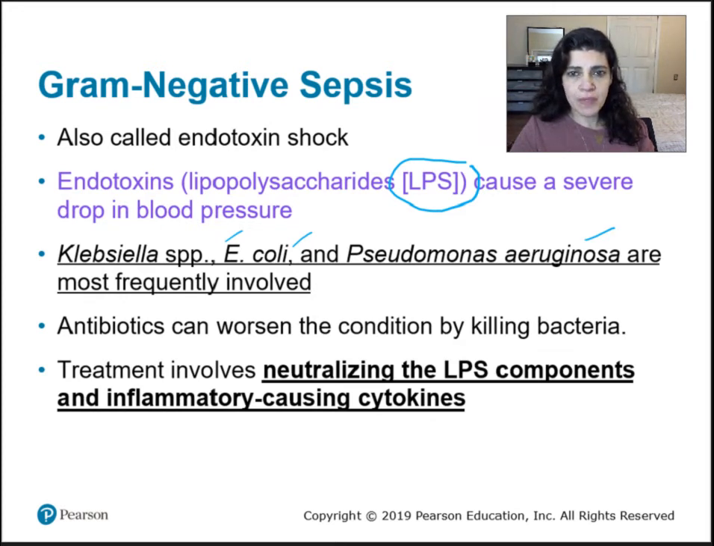One way that LPS works to cause sepsis is that it can change its structure, be transformed by the bacteria. Small modifications in LPS make the bacteria evade the immune system recognition, and then the bacteria can grow more, okay? So how do you treat this? You need to use some kind of substance that neutralizes the LPS components and the cytokines that are causing that